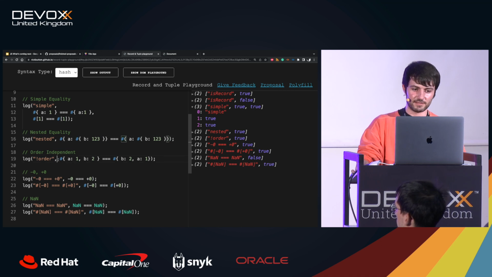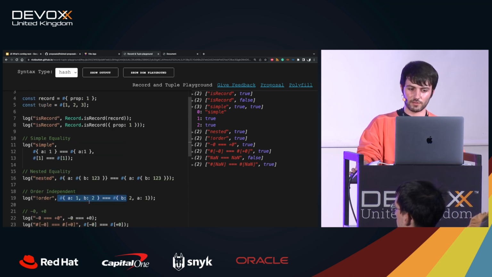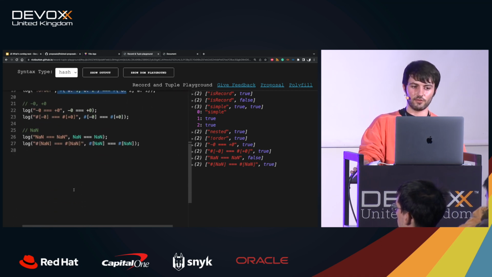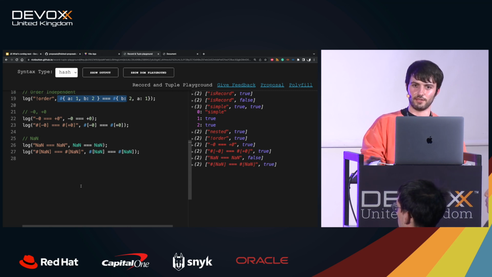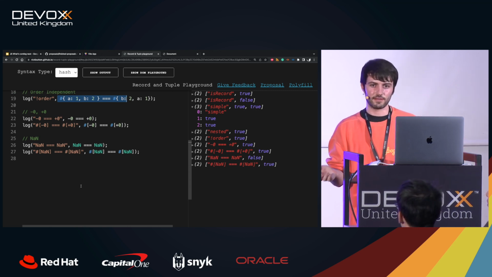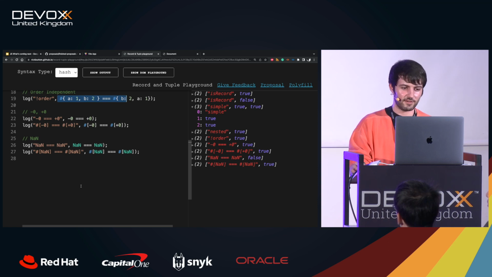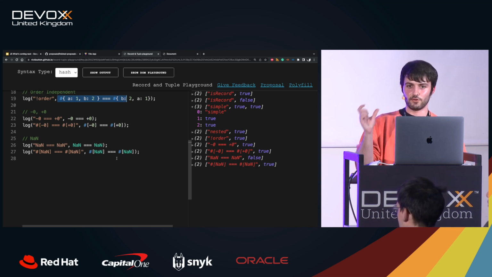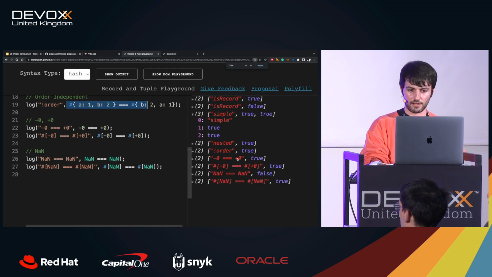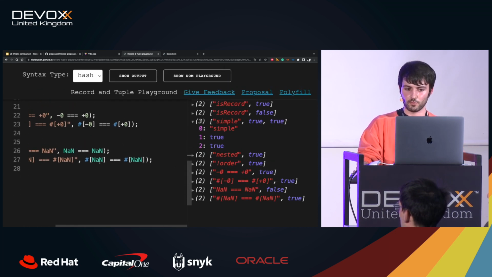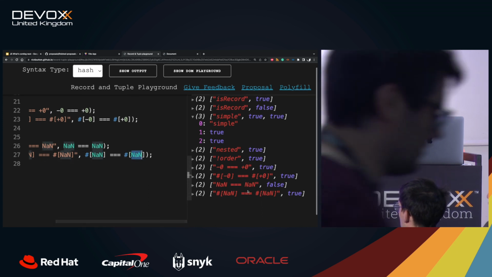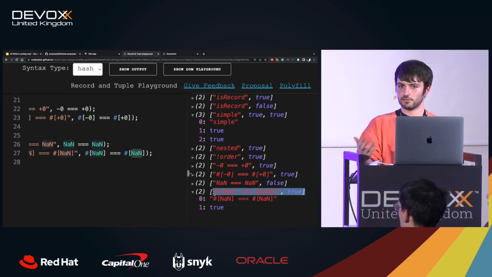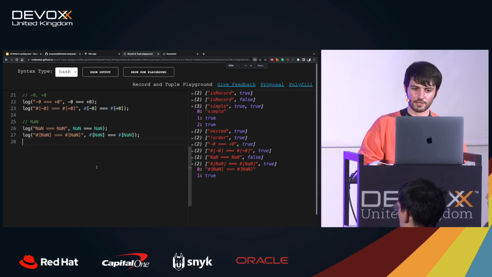And it's independent of the order. It also comes with some other benefits, like for example NaN, not a number, which in JavaScript as of today is not equal to NaN. If you have NaNs inside tuples, they are considered equal. So you can see here how we have a tuple with just one element, NaN, and another one, they are not the same instance, but they are true because they both contain NaNs. Okay, so really useful.